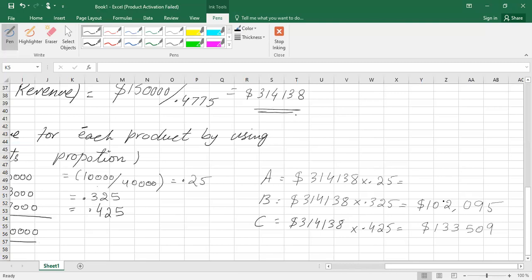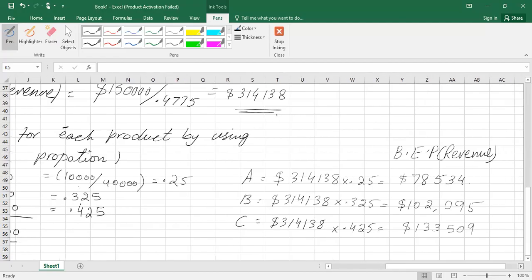102,095. Then 314,138 into 0.25. It is 78,534. So this is what? This is break even point revenue for each product. Now we have divided the total break even point revenue of the company into three products by using their sales